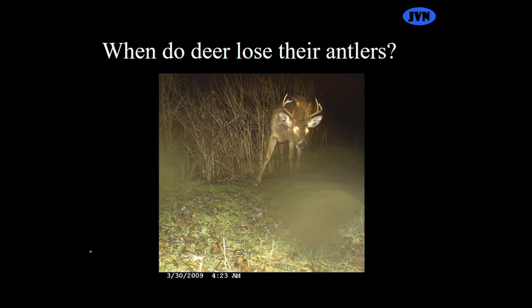So there are some whitetail deer that will keep their antlers on pretty much until the new antler growth starts pushing them out. And there are others that drop them much sooner. So in January, February, March, you might see deer that have no antlers, but it could be because they dropped them already, or it could be because they're does and never grew any. The fact that deer have antlers that fall off can have a different biological meaning than animals that have horns